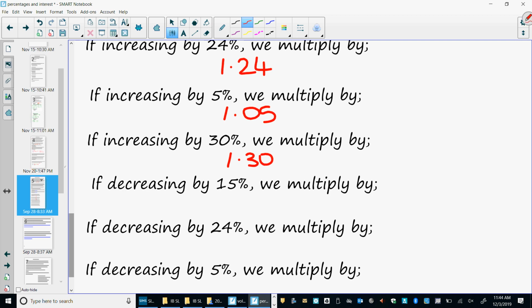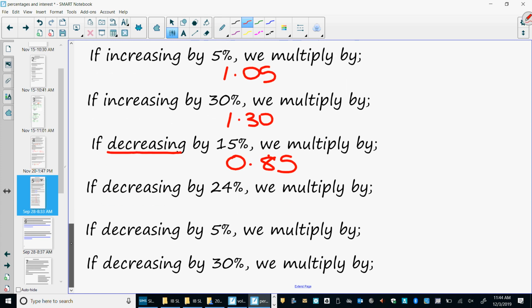Abby, if we're increasing by 30%, what do we multiply by? 1.30. Okay, we're now into decreasing. Notice I stopped and I checked my words. You don't always do that. It's sometimes not a great skill that some people have. They keep merrily going and don't read the questions carefully. So now we're decreasing by 15%. Sarah? 0.85. Remember, it's 100 subtract 15. If decreasing by 24%,